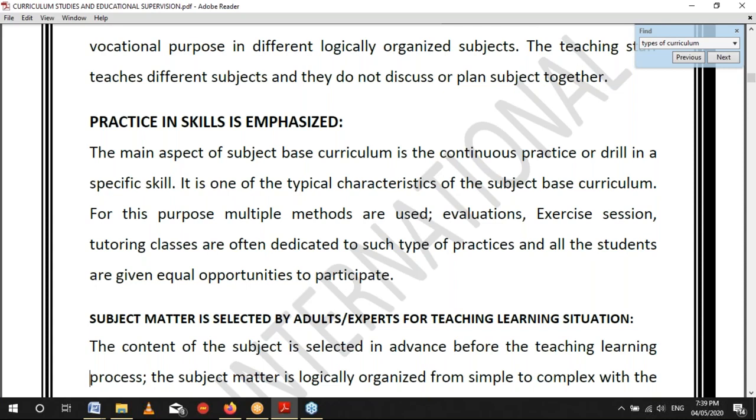Let's look at the defense of subject curriculum. We have looked at the criticisms. Some people still defend subject curriculum, while some criticize it. Defense of subject curriculum. One,